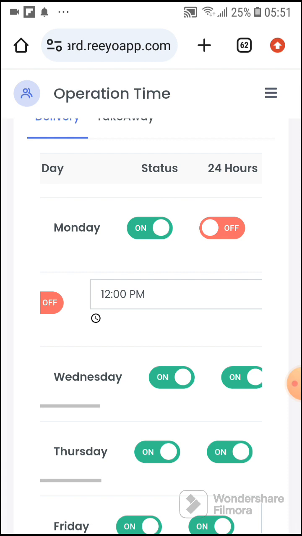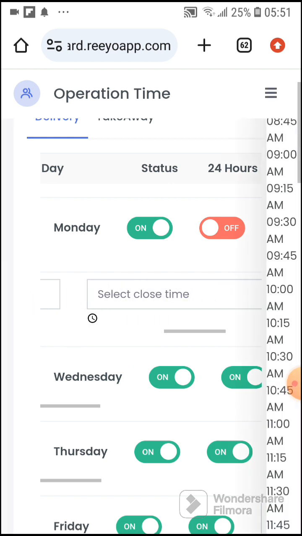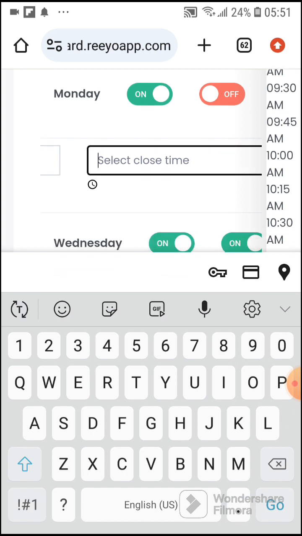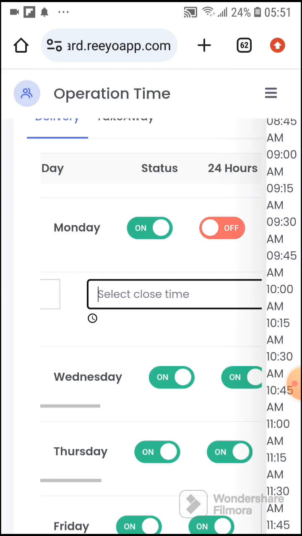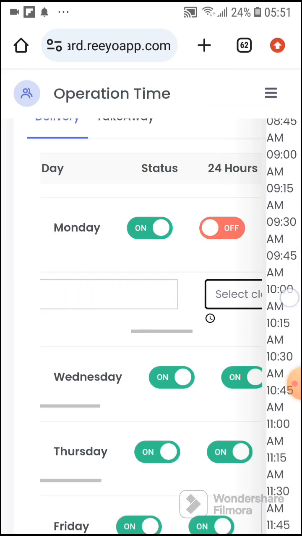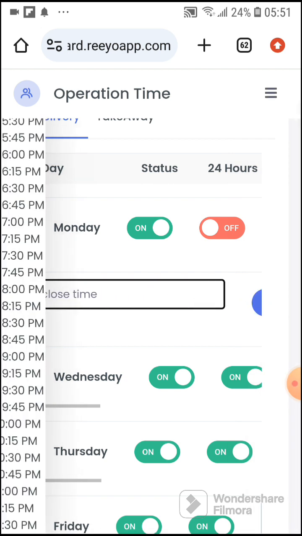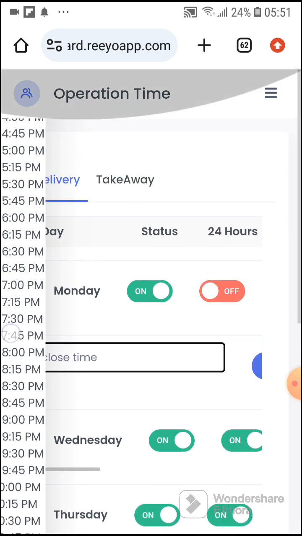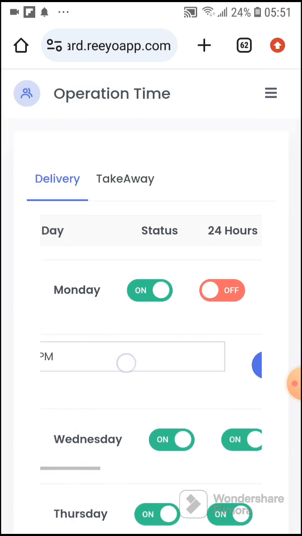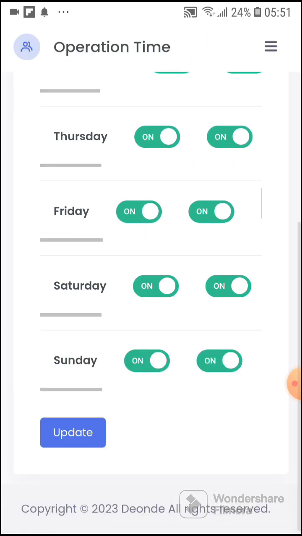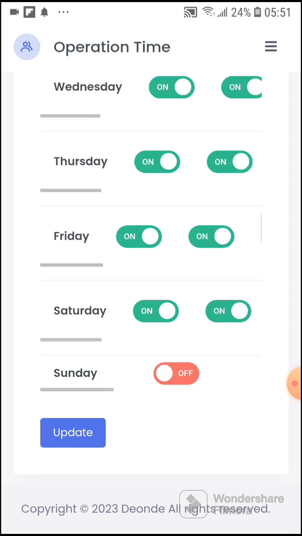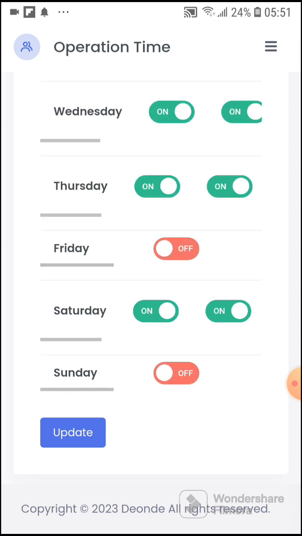So 12 p.m. there, and then close time. You want to really scroll for it to go on the other side. Close time, let's say 4:45 p.m., right? And when you finish doing that, on let's say Sunday you're not working as well, you turn it off. Let's say Friday you're not working as well, you turn it off. What you want to do then is click update,